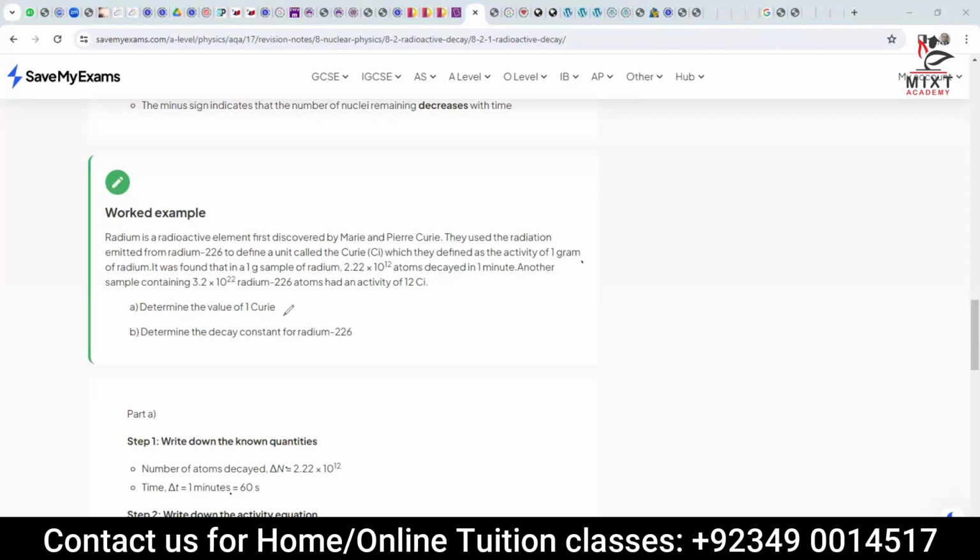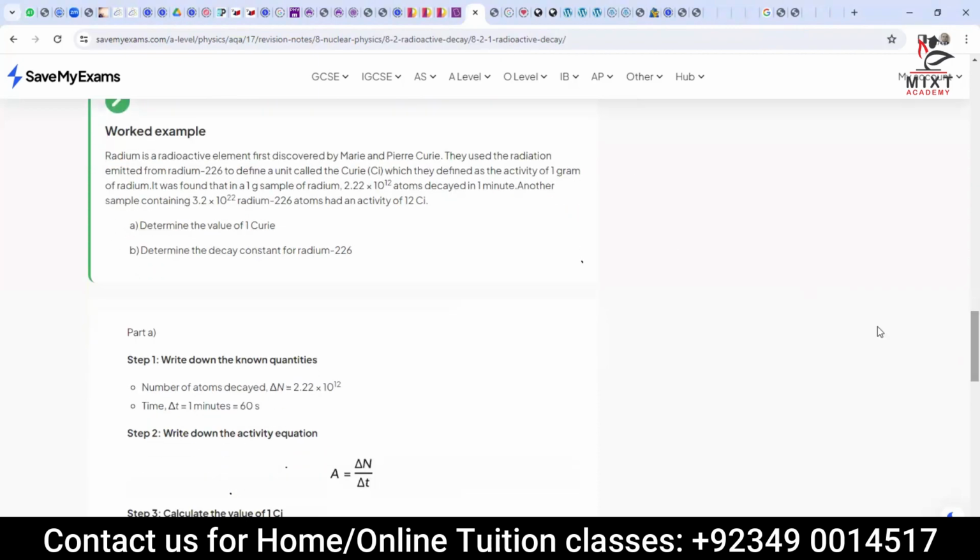Now, what exactly are they asking you? 1 Curie and what exactly? And they say determine the decay constant of the radium. Now, the first important thing is the number of atoms decayed, delta N, is given, which is 2.22 times 10 to the power 12. And time is given, which is 1 minute, and you can convert it into seconds. So how to find out